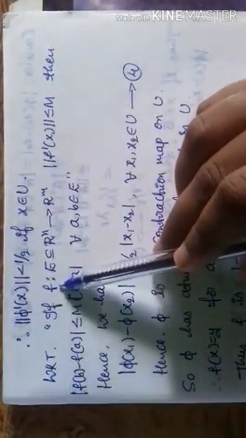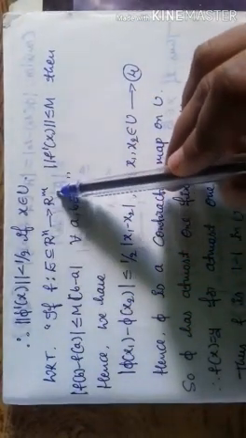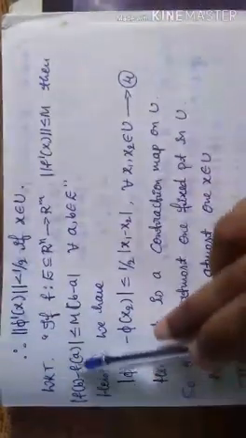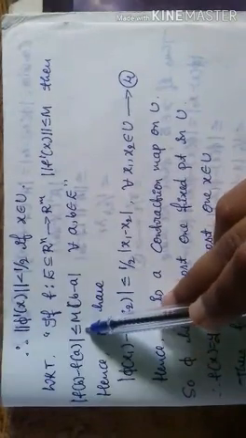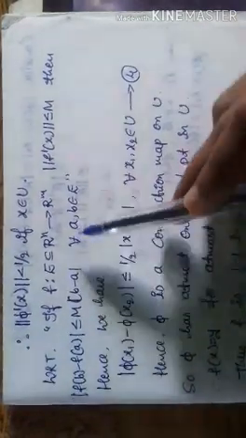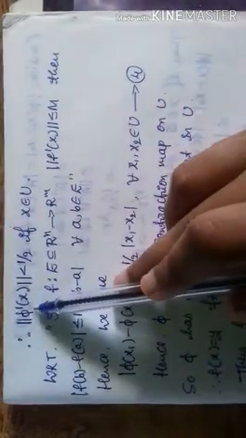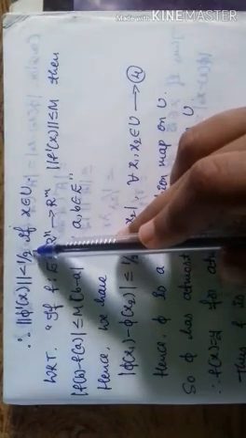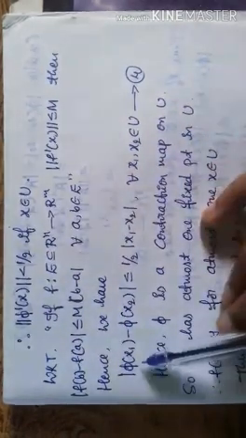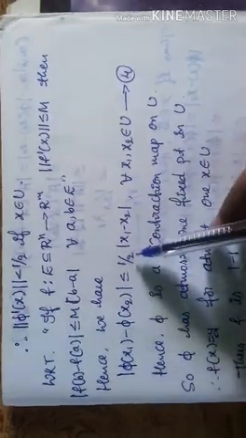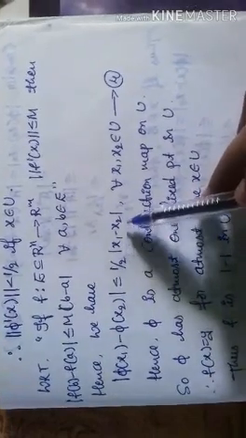We know that if f from E, a subset of Rn, to Rm, and norm f dash of x is less than or equal to M, then mod f of b minus f of a is less than or equal to M into mod b minus a for all a, b belongs to E. Here norm pi dash of x value is also less than 1 by 2. So, mod pi of x1 minus pi of x2 is less than or equal to 1 by 2 into mod x1 minus x2 for all x1, x2 belongs to U. Call this as equation number 4.